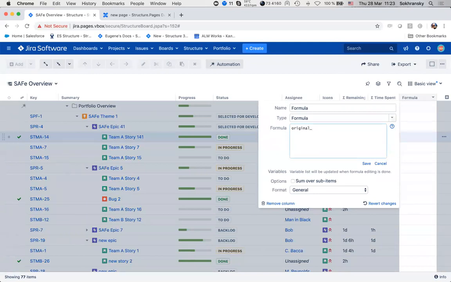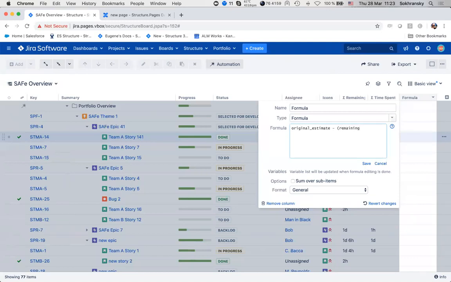As we type, we can just type the field name with this underscore, and Structure will try to match it, to map it to existing custom fields. And if it does successfully, we'll see the result. If it doesn't, it will ask us to select which field, which attribute, we actually meant. So here we want to see original estimate minus remaining